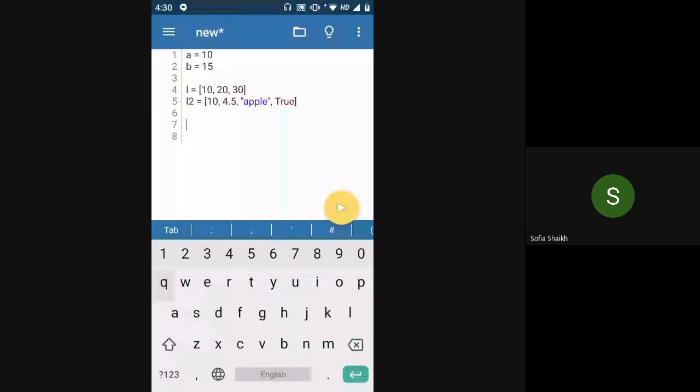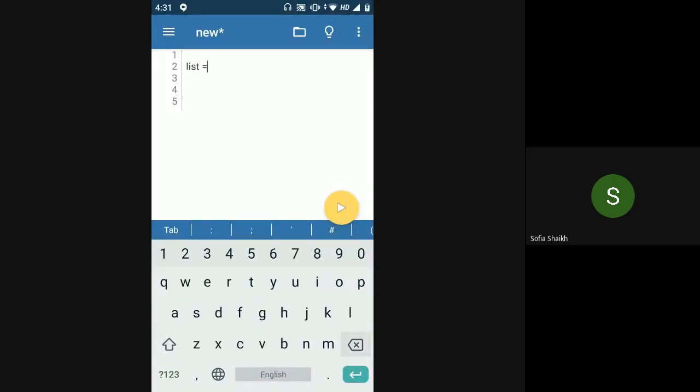So let's first see some of these things like accessing the element and all, which we have seen yesterday, but this will also be a good recap for you all. These operations that we will be performing today will be applicable for all the sequence data types basically. So first of all, when you're creating a list,